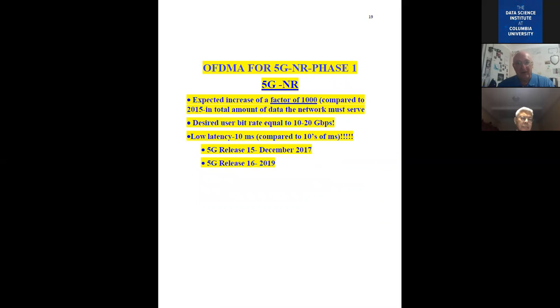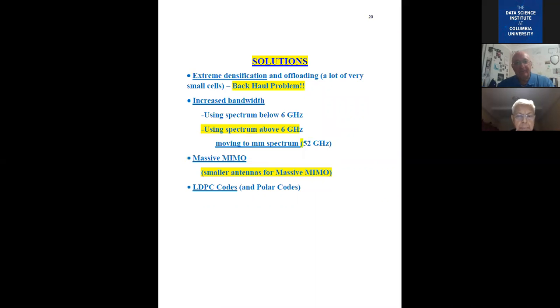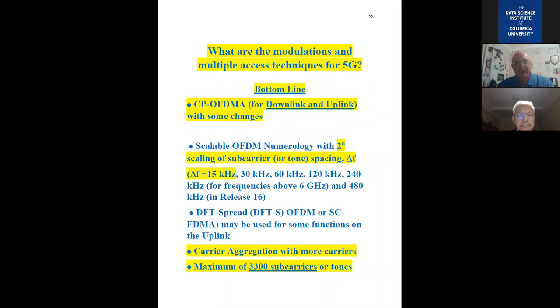Go down another few pages. Okay. Just a few words about 5G here. What changed in 5G is the following. Instead of having delta F equals 15 kilohertz, which was fixed in 3G, fixed in 4G, you can change delta F. You can have delta F as 30 kilohertz, delta F 60, delta F 120, 240, even up to 480 kilohertz. Now think about it, if the FFT size remains the same,